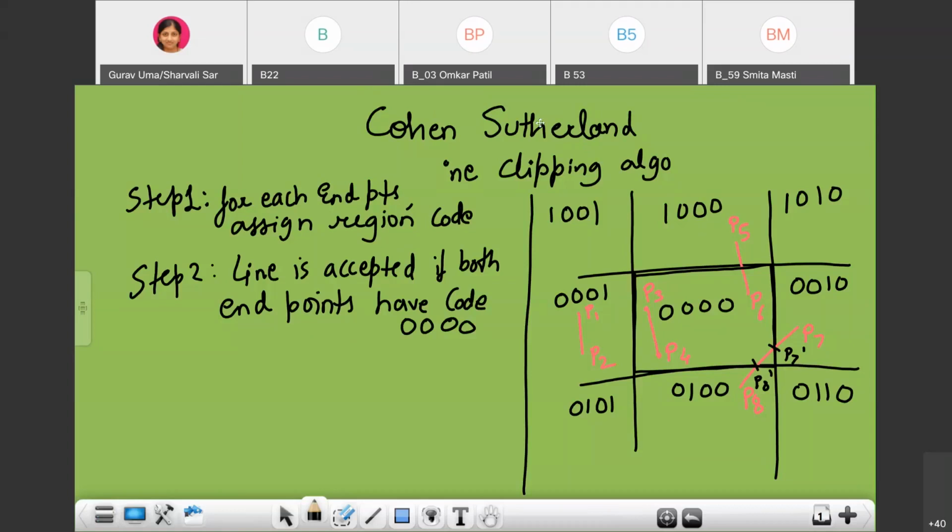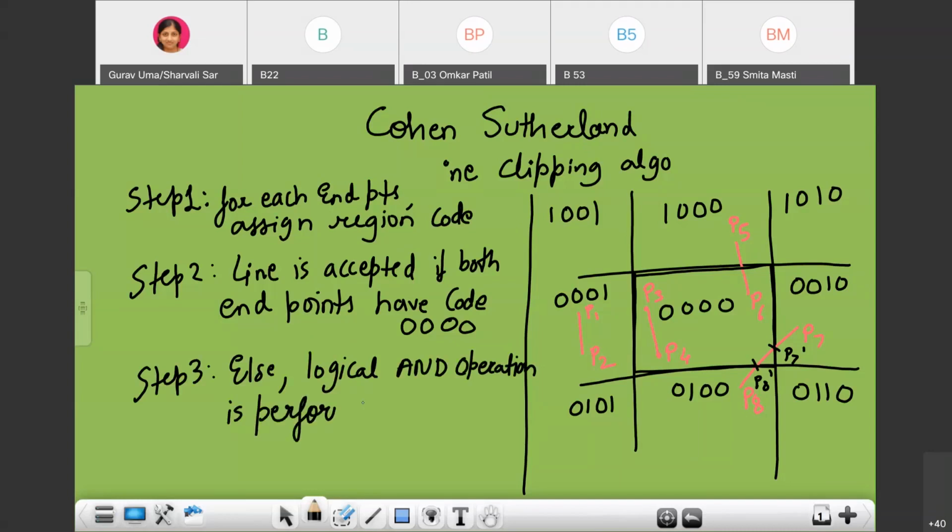Now step 3. In step 3, the logical AND operation is performed for both region codes. In step 1 we assigned the region code.